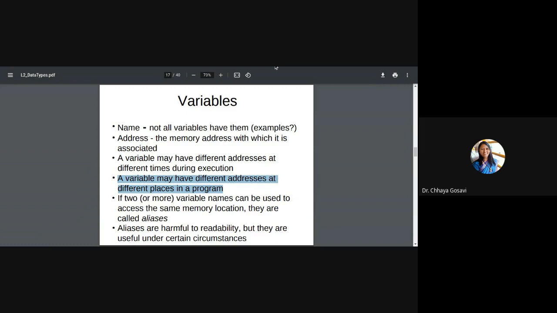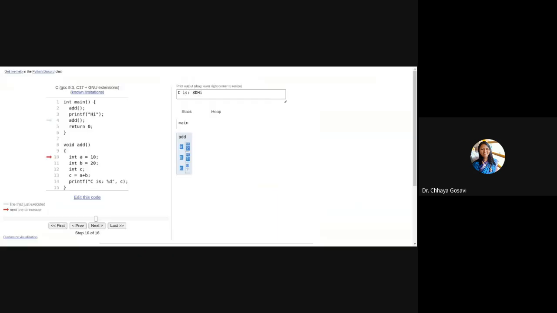Now here, in this code, variables A, B, C are defined. So at line numbers 10, 11, 12 and 13, where you are using these variables, it will access the memory locations which are allocated at that program point.